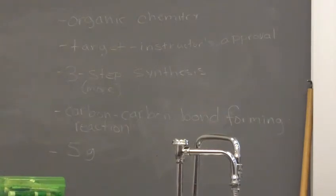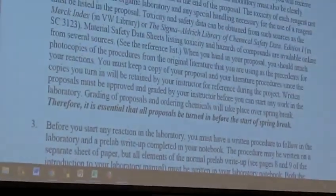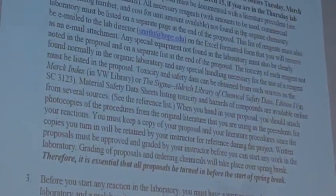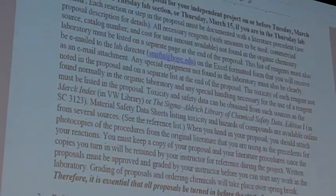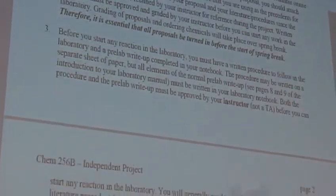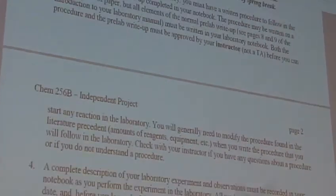Now, so I've kind of covered the first paragraph, and we covered the second paragraph in talking about the due dates. So the due dates again are there for Tuesday, March 13th for a Tuesday lab section, Thursday, March 15th for a Thursday lab section. I'll give you a little bit more specifics on that here in a little bit. So then,